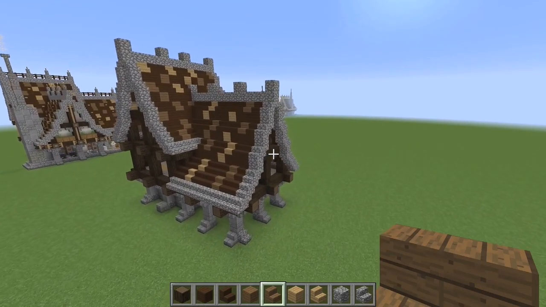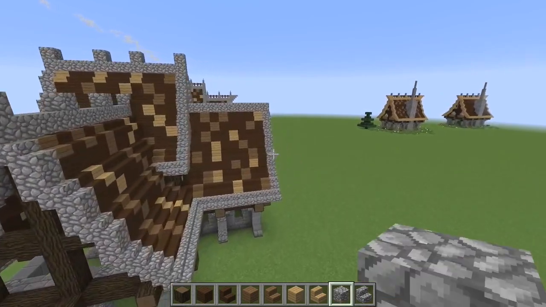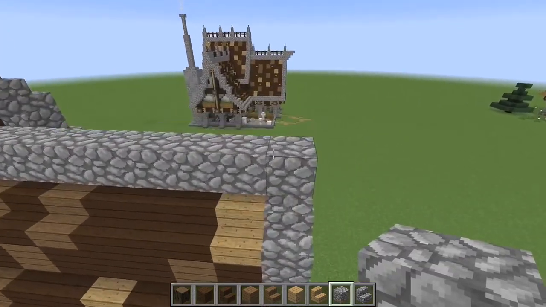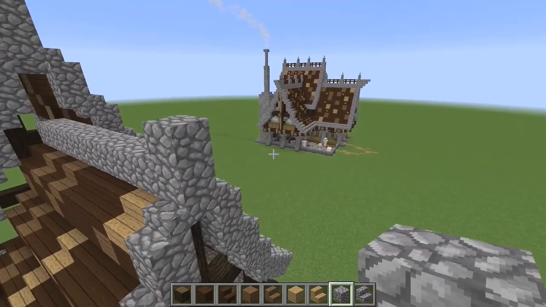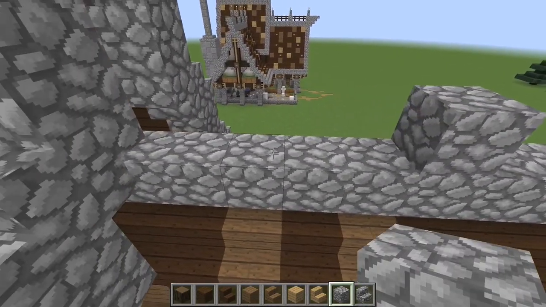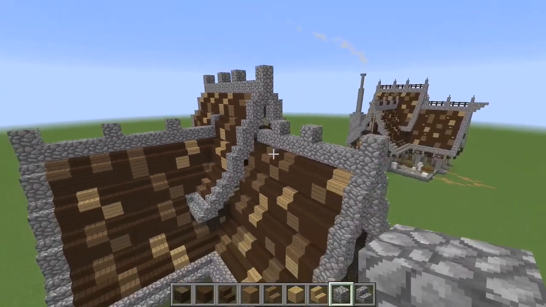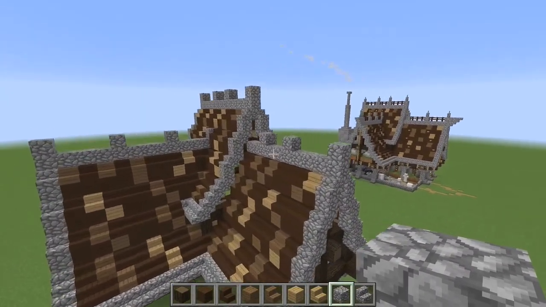Okay, so that's pretty much it. Let's just take a swirl around. One thing I forgot to do that I'm seeing is I forgot to do our detail at the top here. So I'm going to place a block right there, and then we're going to come out 1, 2, 3, place a block, 1, 2, 3, place a block, and then 1, 2, and it's just going to go right into the build there. So wait a minute, didn't quite